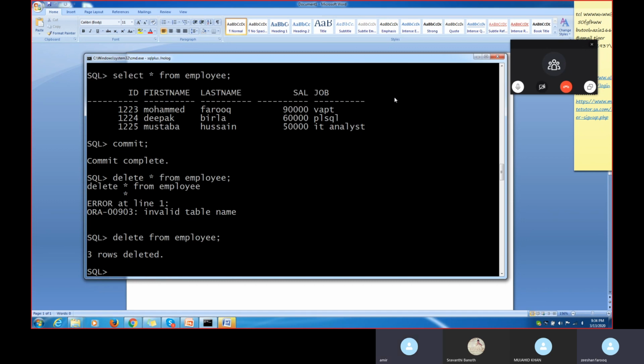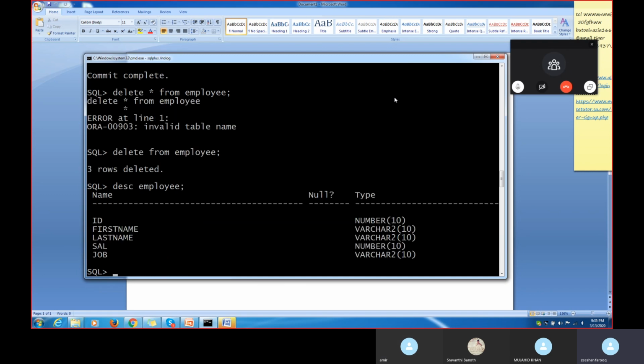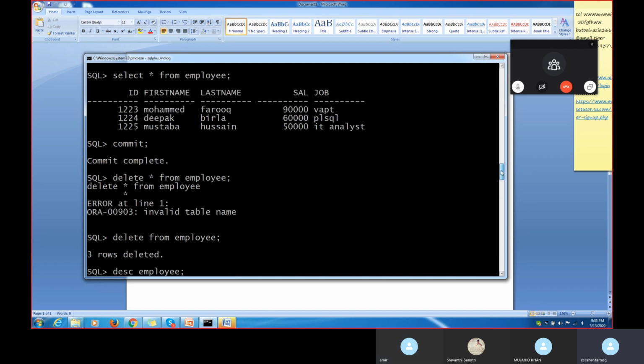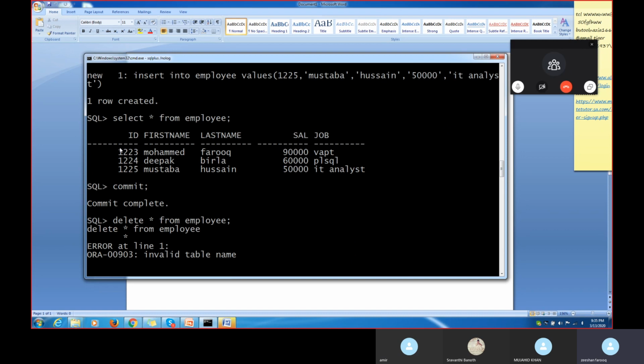Now if I just click on describe table, I want to see what is there in my table here. You see, all things are there. Only the bottom 3 rows get deleted. The data is deleted but the structure remains the same. The top level structure remains the same, but the inside content, my name, all three of these, will get deleted completely.